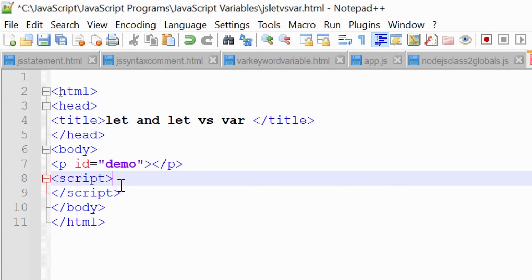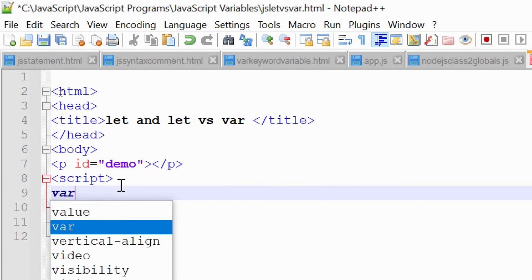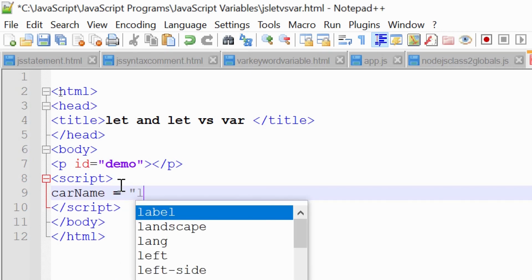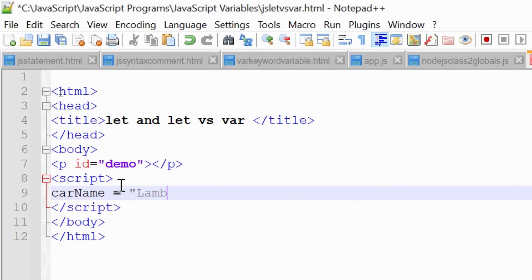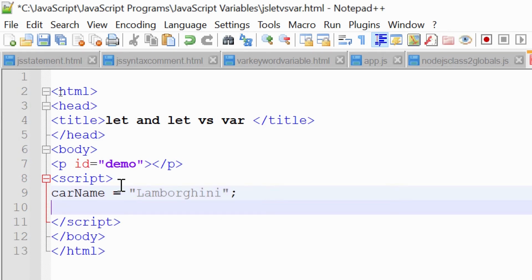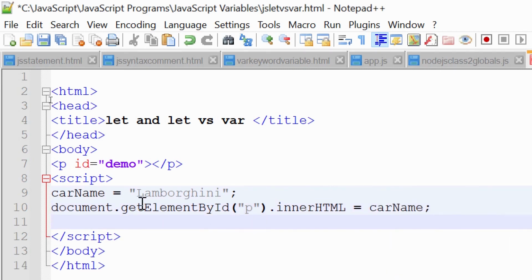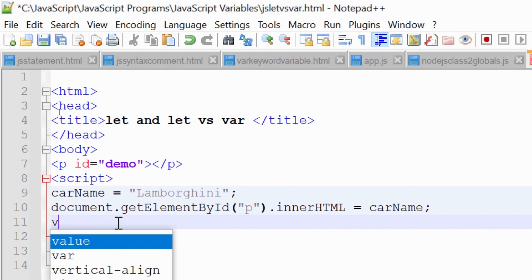So inside script, just declare or give a value. Let's say car name equal to, we have given Lamborghini, and what we are going to do, inside paragraph we want to print it. So from whole web page, get that element which id is equal to paragraph. So paragraph we are accessing, and inside its innerHTML we are setting that car name. So Lamborghini will be displayed, and you can see we have assigned a value here, and now we are declaring